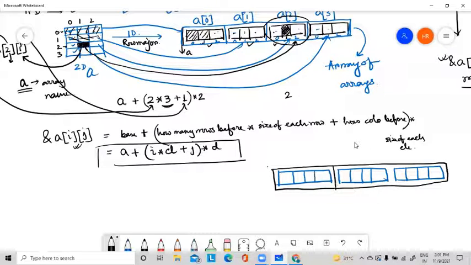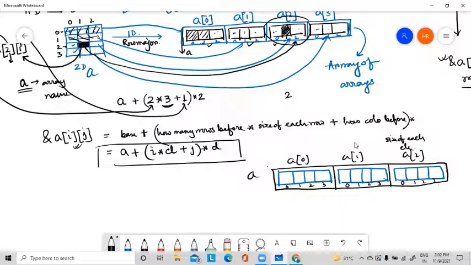of 3 elements. Okay, this is a of 0, a of 1, a of 2. And each element is again having 4 elements. Each array element is having 4 elements. So this is your column major representation.